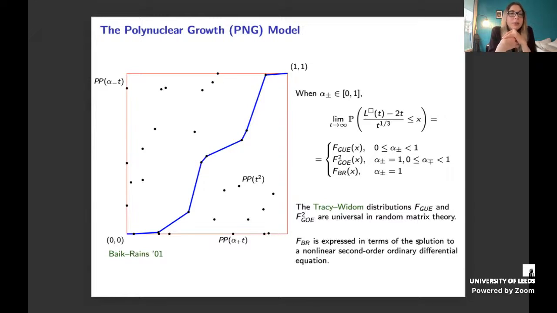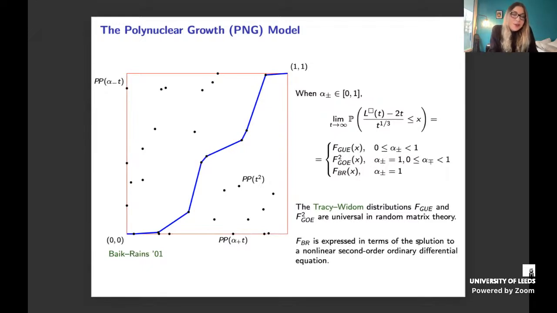When one of the boundary parameters becomes equal to 1, one of the boundaries competes with the bulk, and now the fluctuations are described by the GOE squared Tracy-Widom distribution. The O stands for orthogonal. This describes the fluctuation of the largest eigenvalue of a superposition of two random matrices in the Gaussian orthogonal ensemble. And then the really interesting case is when alpha plus and minus are both equal to 1. And here they